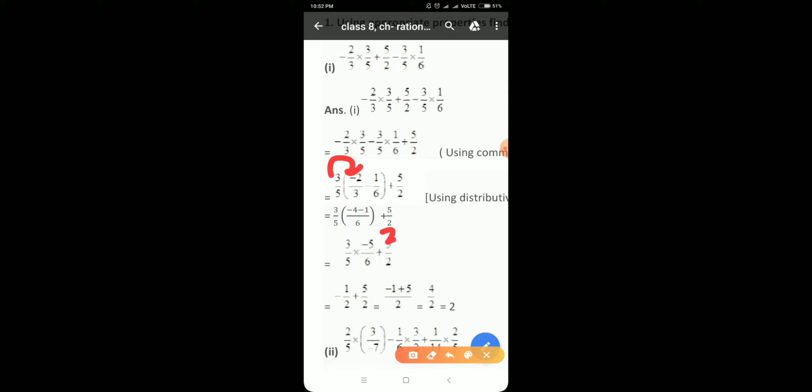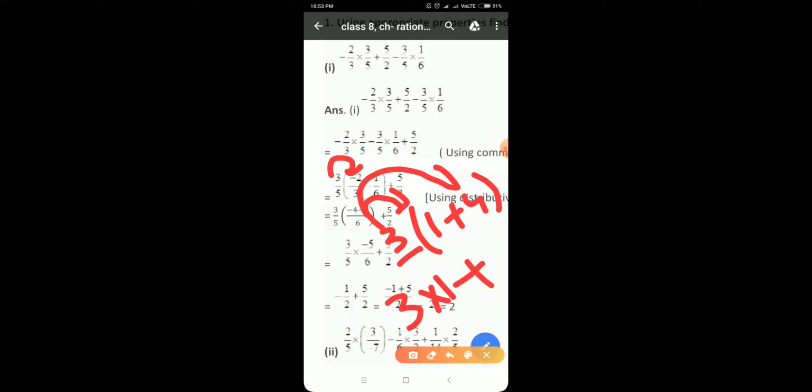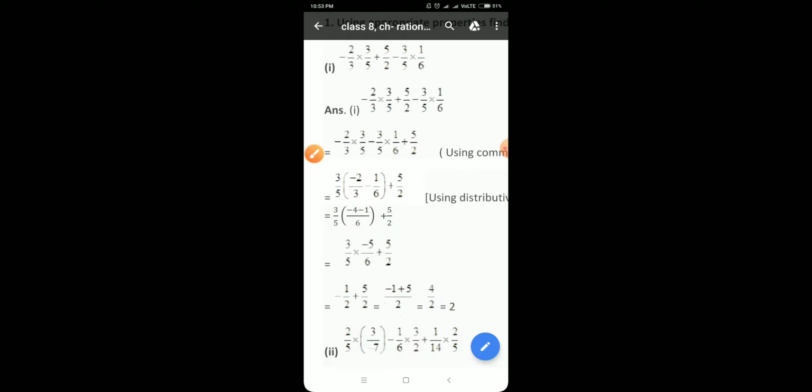For example, if 3 is taken and here 1 plus 4. So what does distributive mean? That 3 is distributed over 1 plus 4. When 3 is distributed over 1, you will get 3 into 1 plus, now 3 is distributed over 4. So 3 is distributed term by term on both terms. First it is distributed over 1 and then over 4. So you will get 3 into 4. So your answer will be 3 plus 12, 15 will be your answer.